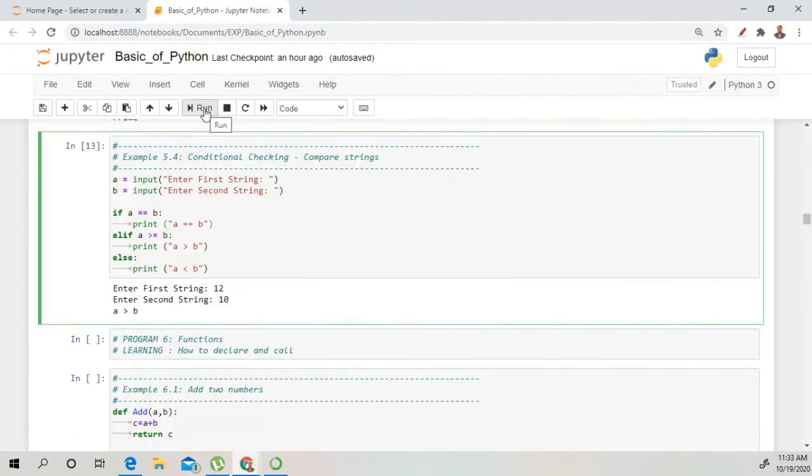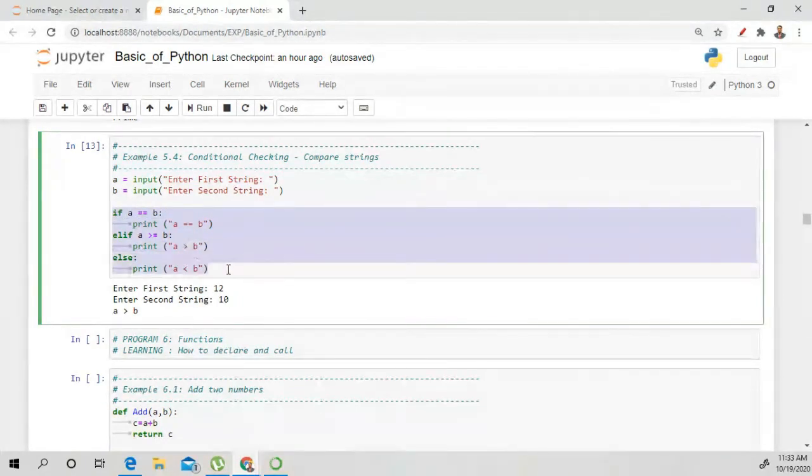I'm going to just explain because we have explained all the basic concepts. Okay, in this program we have taken the first variable with the value 12, the second variable with the value 10, and we have to compare using if and else conditions. Okay, so the first statement is A is equal to B. What do you mean by this? Is 12 equal to 10 or not? Is it going to be true or false? It is going to be false.